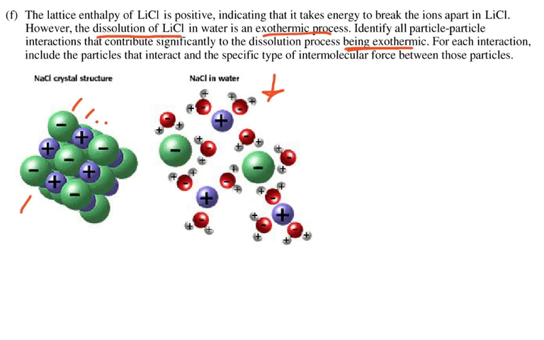You've got to put energy in to break the ions apart. You've got to put energy in to separate the water molecules from each other, and then you're going to put the water molecules around the ions, and that's the important piece right here. So we can see here are these positive purple ions. Water molecules have a negative end. They're polar. And the water molecules here, they're showing that the red is negative and the whites are positive,